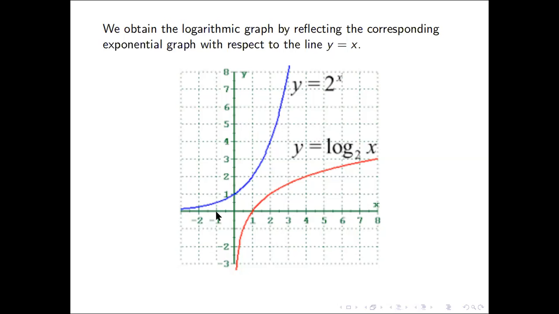Here, we have negative 1, 1/2. So 1/2, negative 1 for the logarithmic. And we connect those points. And the result are graphs that are symmetric with respect to the line y equals x. However, I don't think there will be graphing of exponential or logarithmic functions in the quiz. In case there will be, don't worry, I will hold review sessions on those topics.